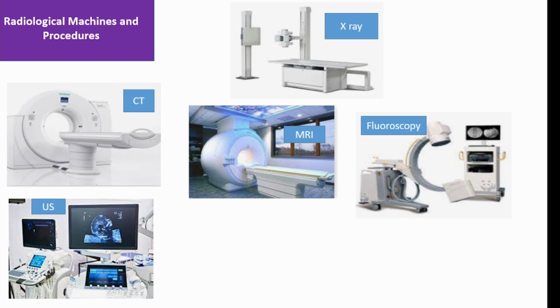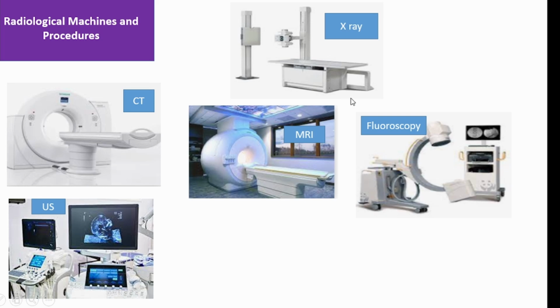Not all machines that are used at the radiology department produce radiation. Some are radiation free, but there are also other precautions that you have to take when you are in the radiology department with those types of machines. So the first machine that produces radiation, which I have spoken about and am now talking about again, is our X-ray machine. Basically, an X-ray machine is used to image the various parts of the body.